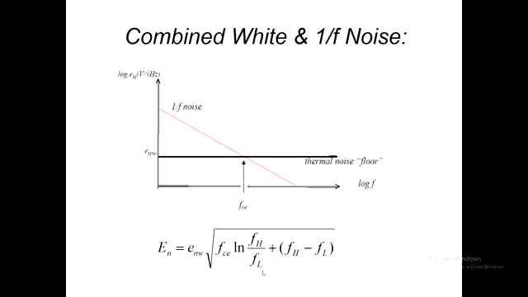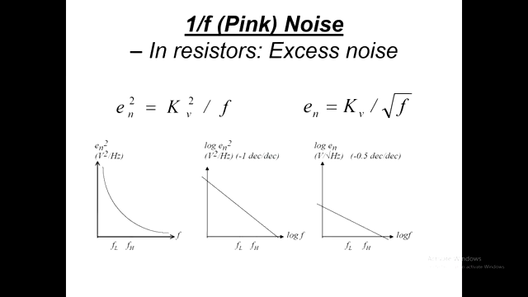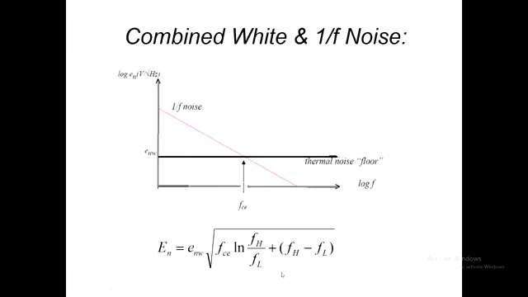And the way we can calculate it is with this corrupted version of what we might have had before for 1 on F that I described this morning. That's pretty straightforward, and it's characterised by coefficients here. If we equate the point where the white noise and the 1 on F noise are equal, then we can eliminate this coefficient and recast it in the form where there's just this so-called noise corner frequency, which is the frequency at which those 2, 1 on F and white noise, are equal.